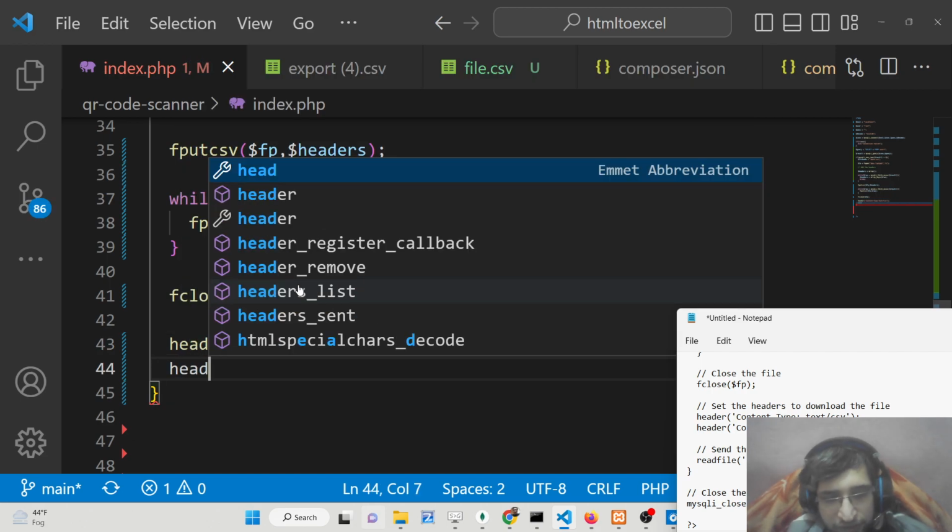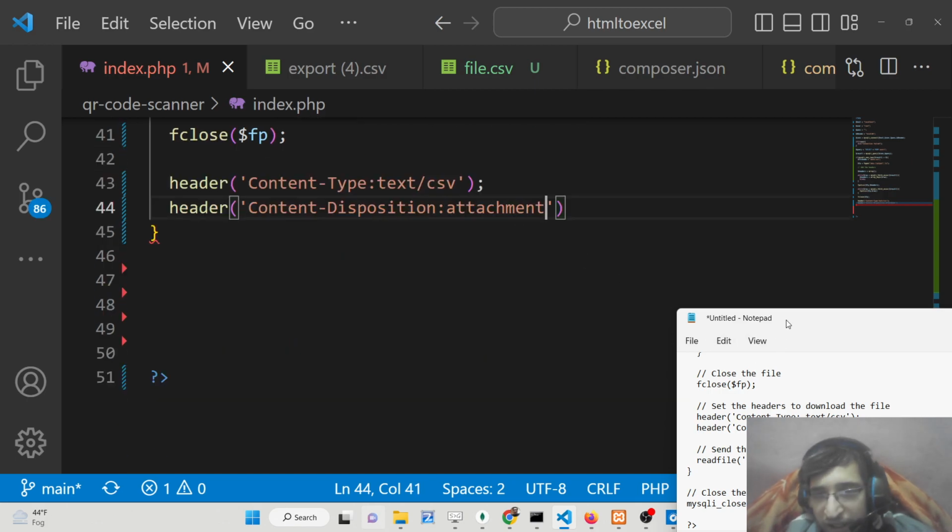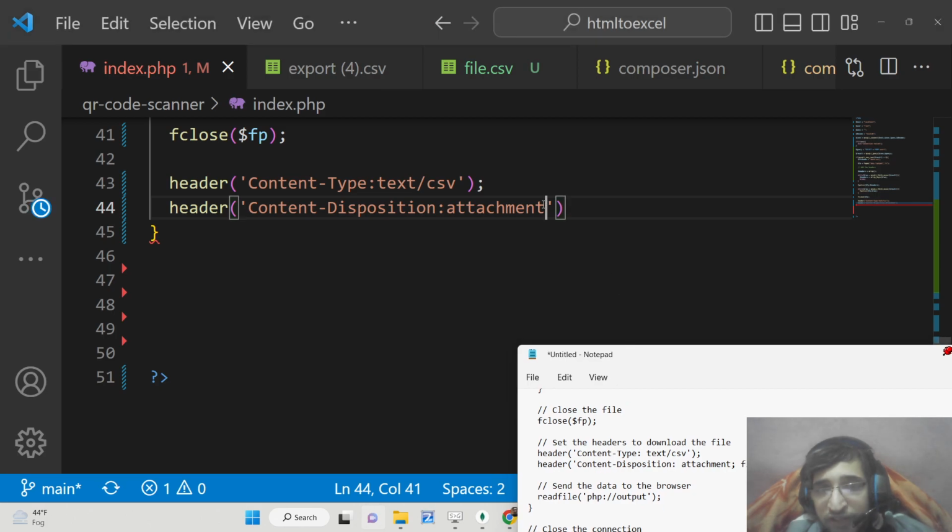And after this we will set the second header, which is for the content disposition, and this will be an attachment. So we need to set attachment here. And after this, guys, we will put the file name. Semicolon, filename is equal to, and then we will concatenate basically